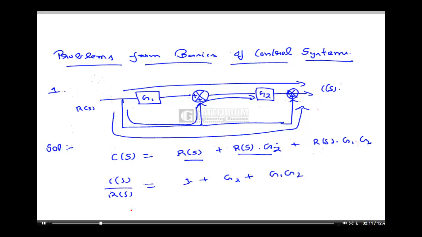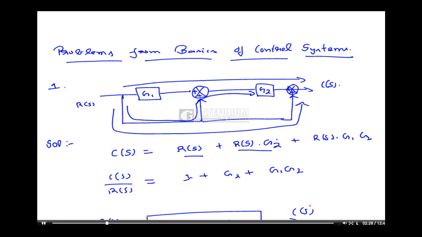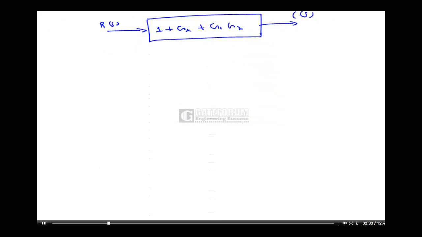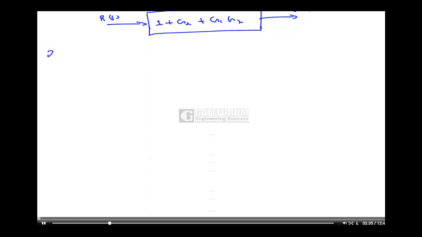Okay, so I'll get a single block, which is 1 plus G2 plus G1 G2, between RS and CS. Okay, so this is the required block diagram for the question. Second problem. For the block diagram shown in figure, find the single block